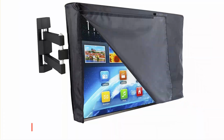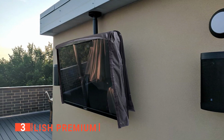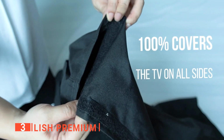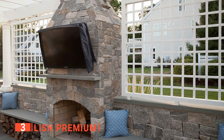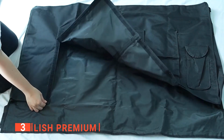The 3rd product on this list is the Lish Premium. Sometimes having to remove the entire cover just to watch for a few minutes of spare time can be tedious, so you just end up not using the TV at all. Thanks to the Lish Premium cover's front flap, you can conveniently use your outdoor TV without going through all the stress. The Lish Premium Outdoor Waterproof TV cover is a traditional outdoor cover that is long-lasting, simple to use, and